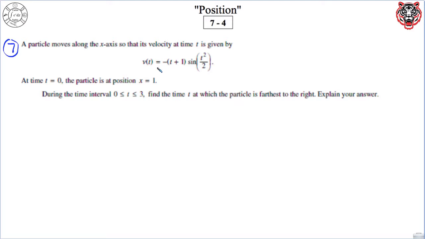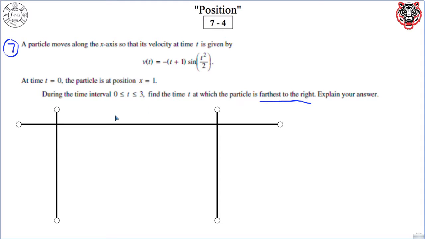And we're moving on to number 7. So we have a particle governed by that velocity. It gives us an initial condition, and it's asking when it is farthest to the right. Okay, so when it's asking farthest to the left or the right, we need to make a table. So in our table, we are going to have values of t,